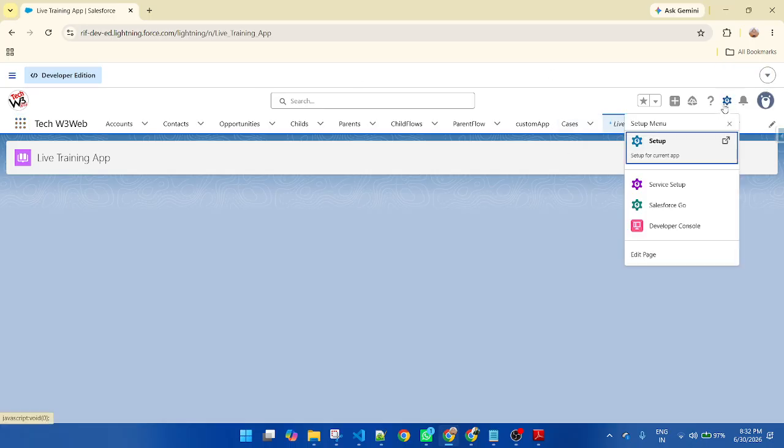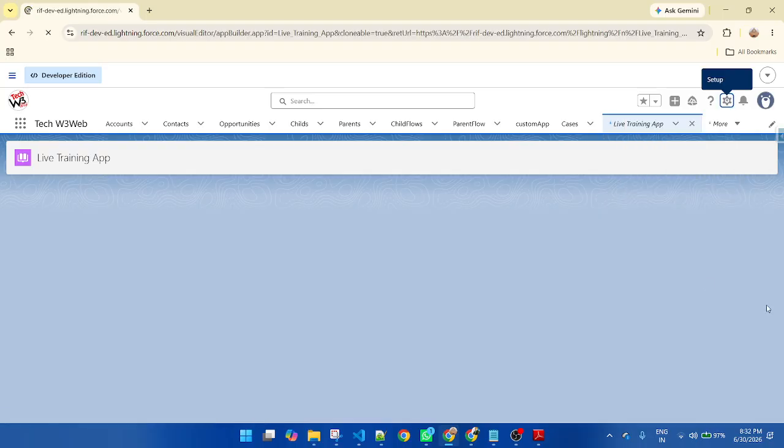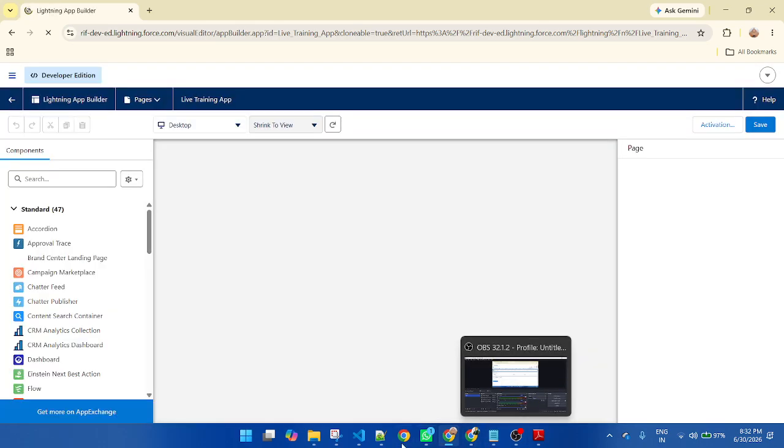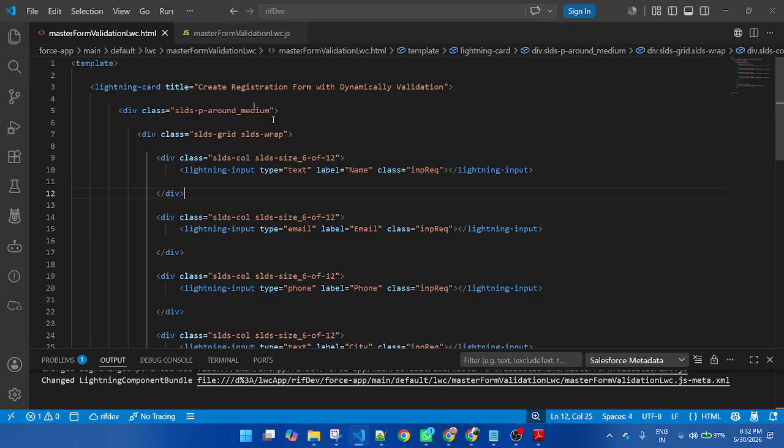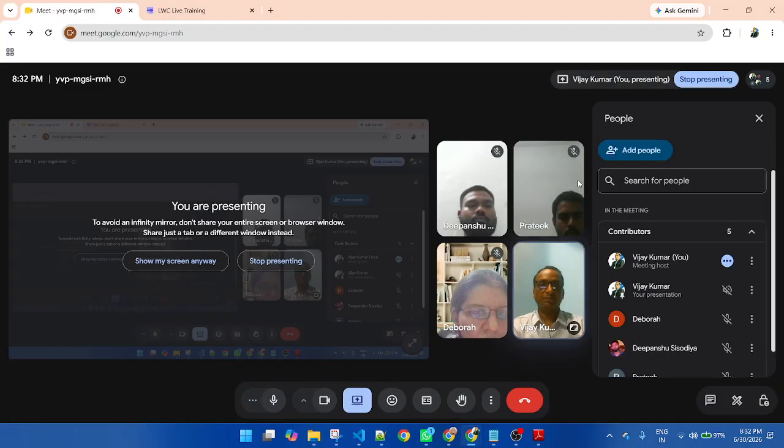So go to setting, edit the page, and find your component name. My component name is master form validation LWC. Okay.